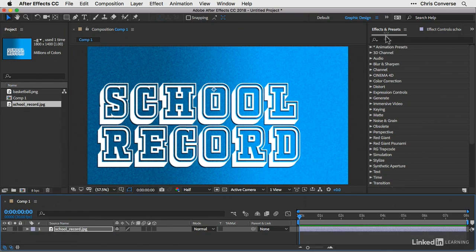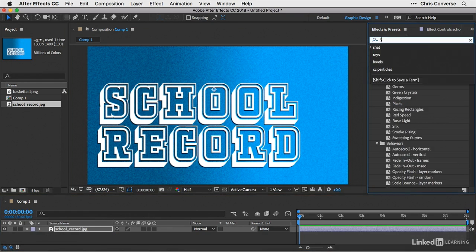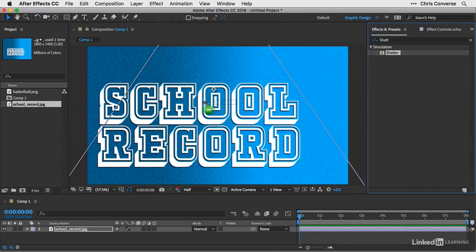Next, let's come over to the Effects and Presets panel. And we're going to come in here and look for the effect called Shatter. So I'll start typing the word Shatter. This will show up here under the simulation group. And to apply the effect, we're going to click and drag and drop it right on top of the JPEG